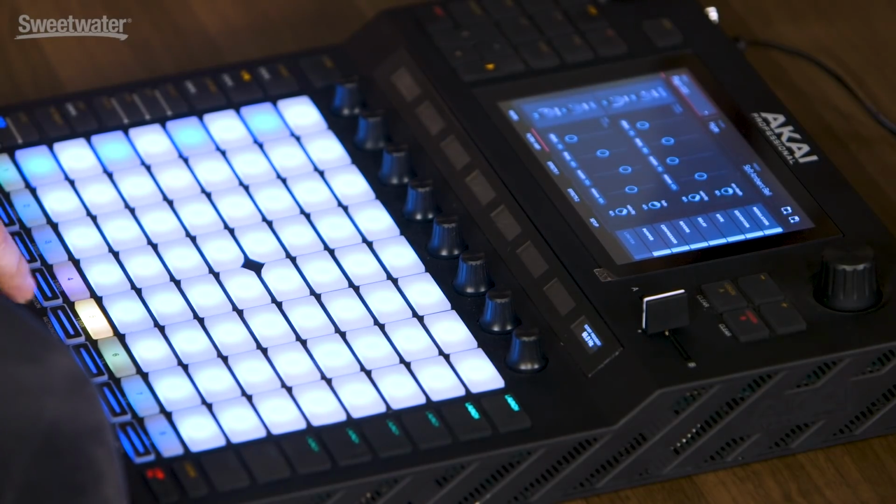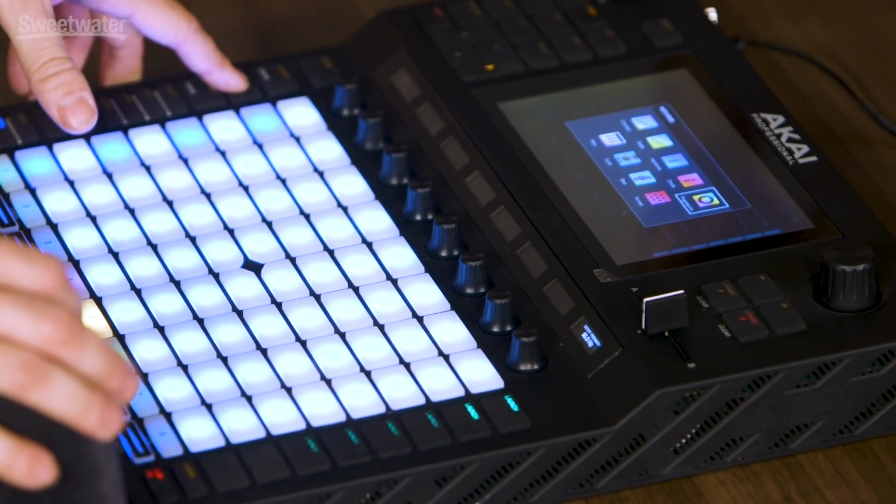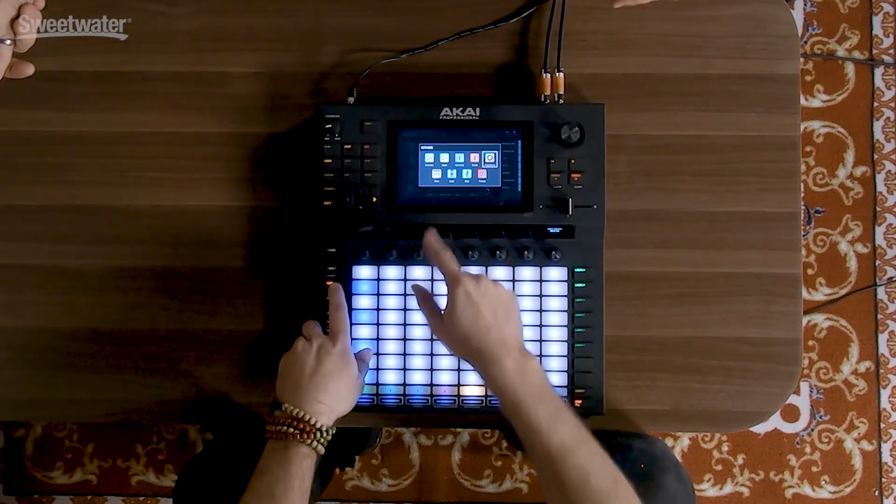So here I have a hype synth, and the way I have it set up right now is on progressions. So a progression is 16 chords within an octave. So the way I have it set up as well, so I'll show you. I'll go into notes mode, and first I'll hold this down so you can actually see the main screen. So this is the note mode. I have chromatic,